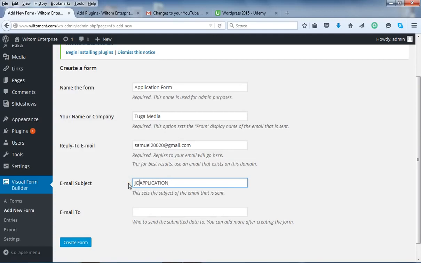Job application, for example. This says the subject of the email that is sent. So depending on what type of form you are creating, you set the subject here. Then it says email to, who to send the submitted data to. That's very, very important. It's very important because